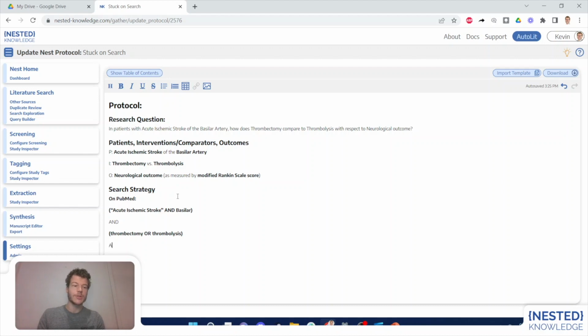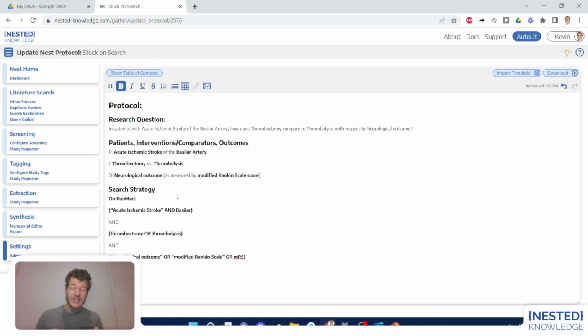And we also want to search for our outcomes of interest. So for this, I can put in neurological outcome as a phrase. And I can put in the synonyms for it. So modified Rankin scale. And any acronyms thereof. So for this, there's actually an acronym of MRS. And so we put all this together, and this is not necessarily going to be my final search strategy, but